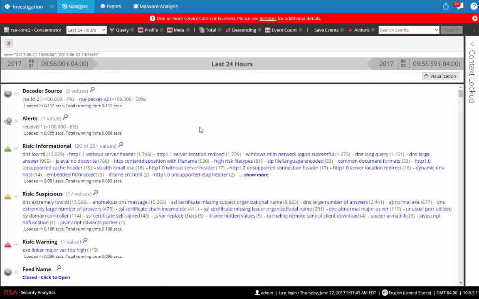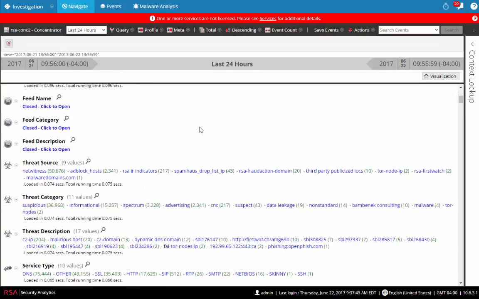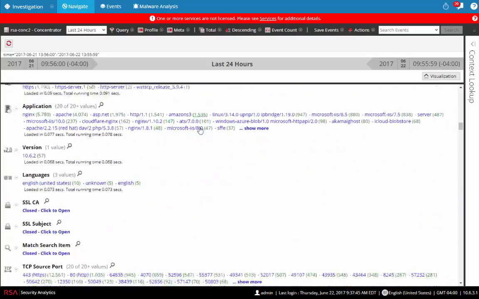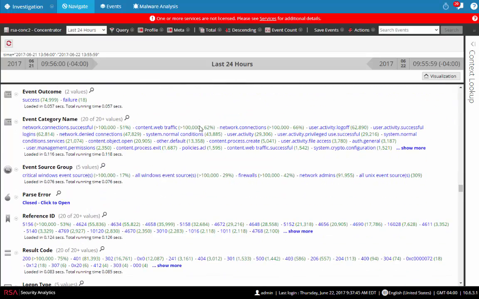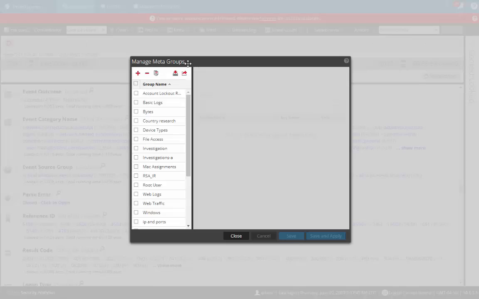If I use a default metagroup, which has a couple hundred keys in here, it means I now need to scroll and continue to scroll to look for what I'm concerned about. There's no need for this. Create your own metagroups. If I wanted to create a metagroup that just had a couple of pieces of information,